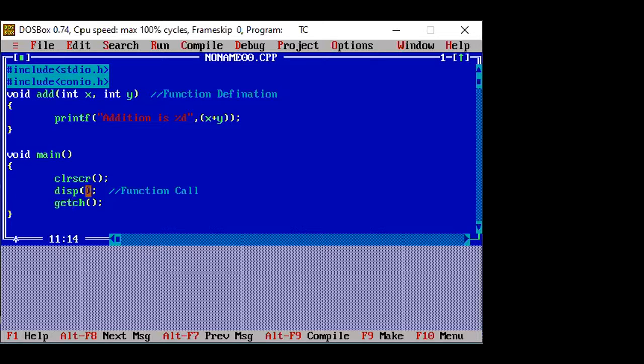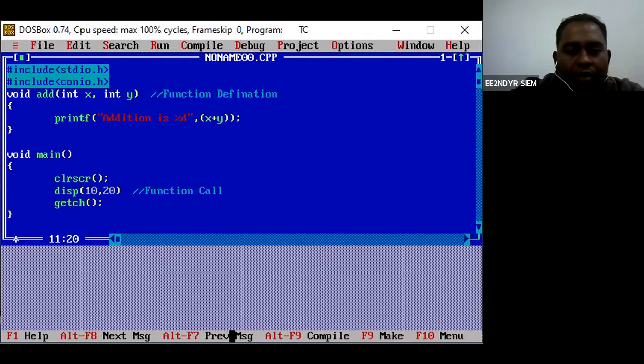Now inside the main, you can pass two values, one is 10 comma 20. See what happens out here.